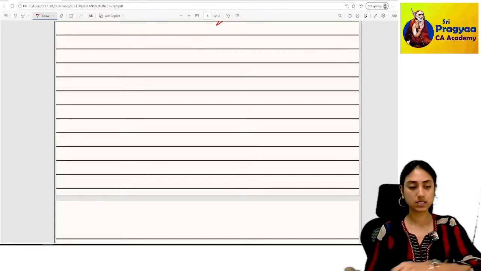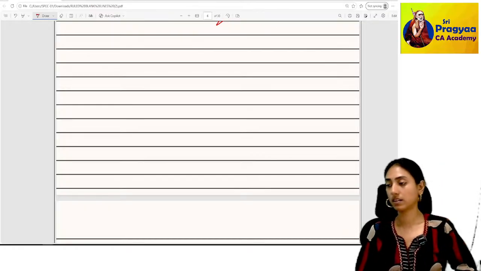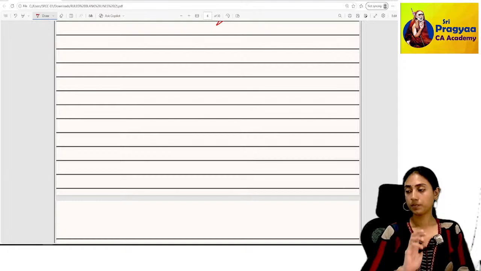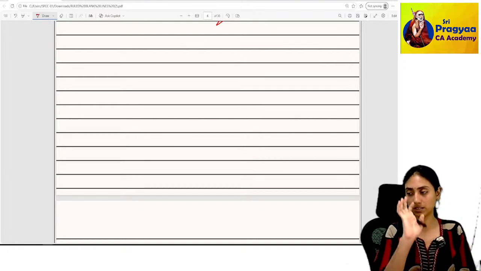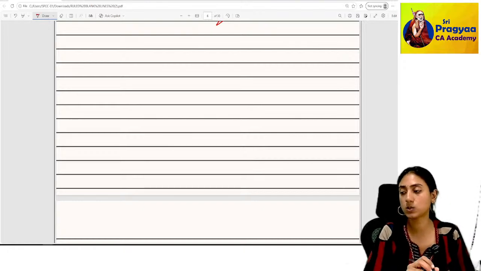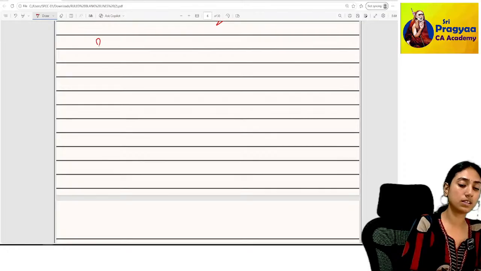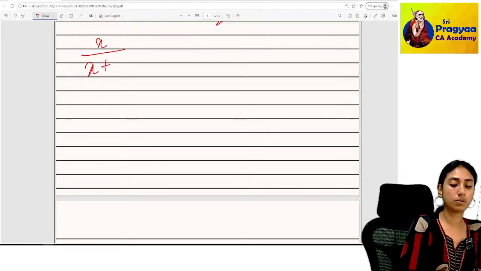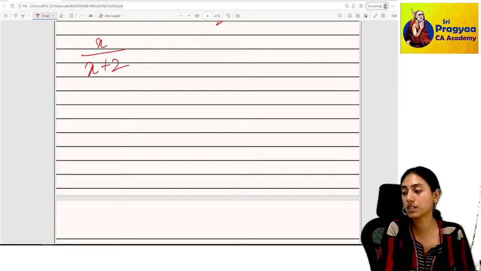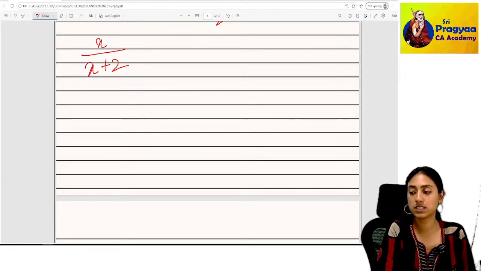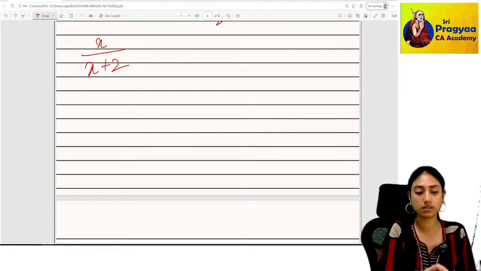What is the question? There is a numerator and a denominator. You're talking about a fraction, correct? So the denominator of the fraction exceeds the numerator by 2. Assuming the numerator is x, the denominator will be x plus 2. If 5 is added to the numerator, the fraction increases by unity, which means